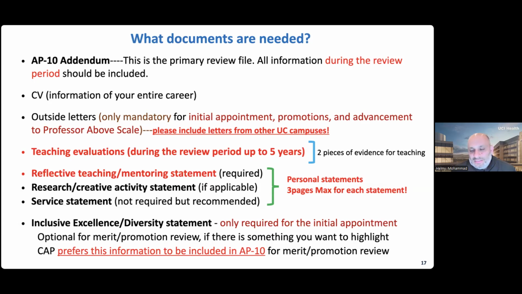But keep in mind, some departments, for their own internal deliberations, may require that. So while you might hear us saying that's not required for your review at the dean's office level, your department may actually require you to do that. So, we don't want to overstep too much and